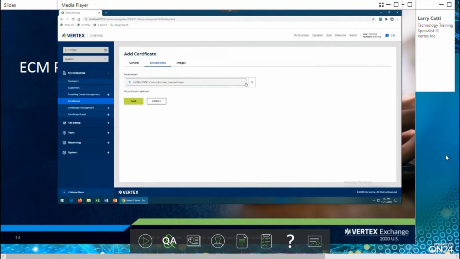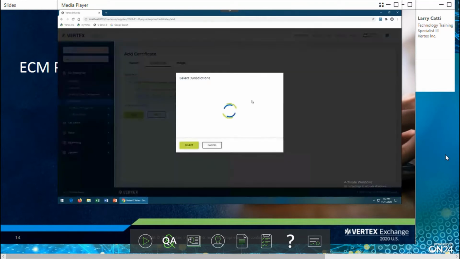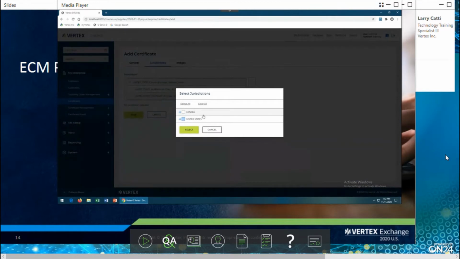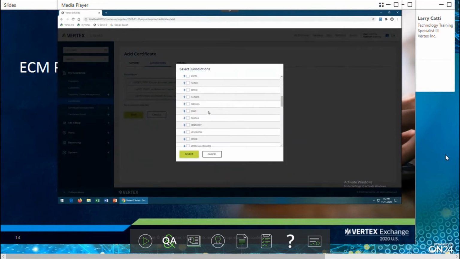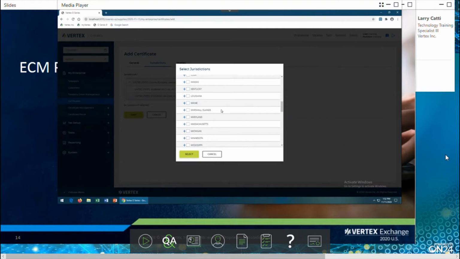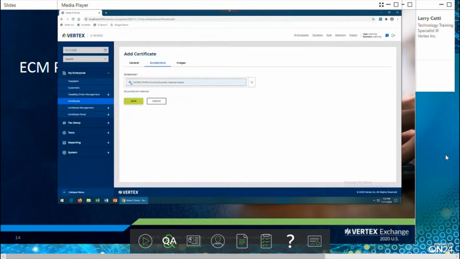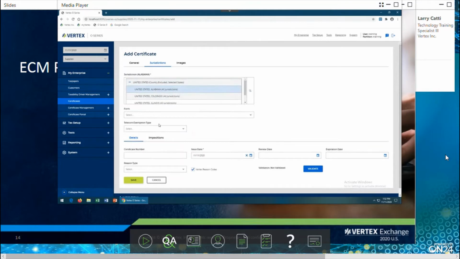I'm going to continue to pick jurisdictions. So I've got Alabama, selected exclusions, Colorado, selected exclusions. I'm also going to pick Illinois, that's state administered, and I'm going to pick Michigan, which is also state administered. Okay, so now that I have those jurisdictions, I'm going to highlight the Alabama jurisdiction. Here's where I can